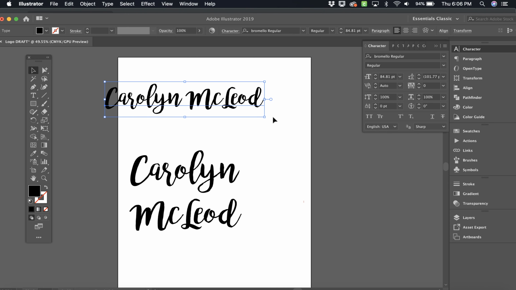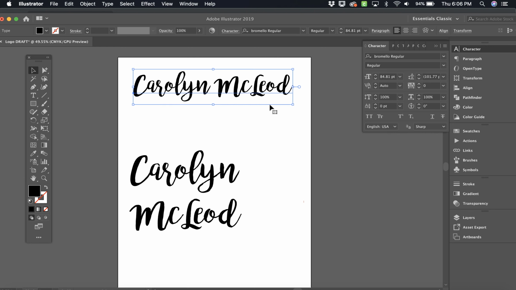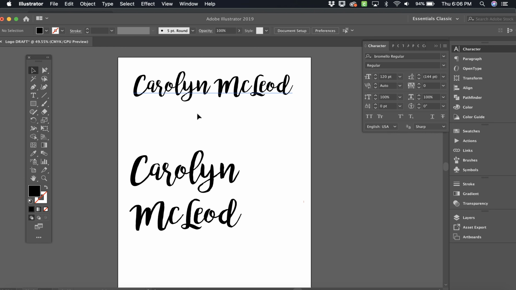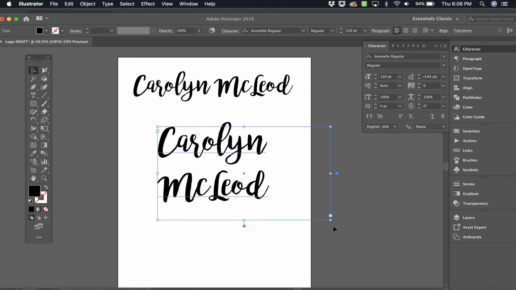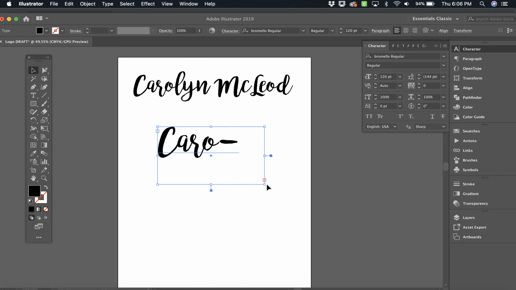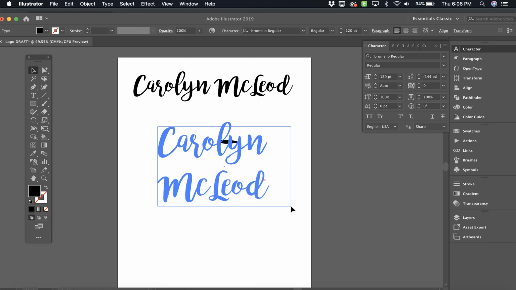Always let go of your mouse first before you let go of the Shift key. And now I can move that into place. Great. So there's the start of my word mark, my name, my logo draft. So I could do the same with this one. Corner anchor point, Shift, drag, or wait a minute. No, I can't. So the difference here is that I now have a